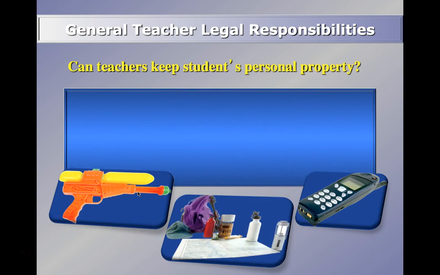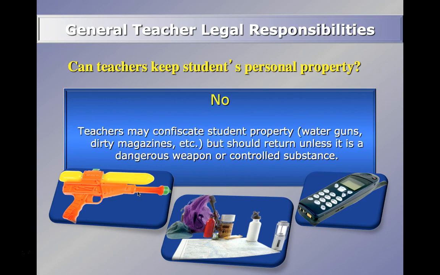Can you keep their personal property if it is found in their possession, or they bring to class, like squirt guns or telephones or whatever that's bothering you? Well, the answer again is no. Of course, that's common sense. You can confiscate the property, like water guns or dirty magazines, but they should be returned. You should have a policy to return it, unless it's a dangerous weapon or a controlled substance or something illegal